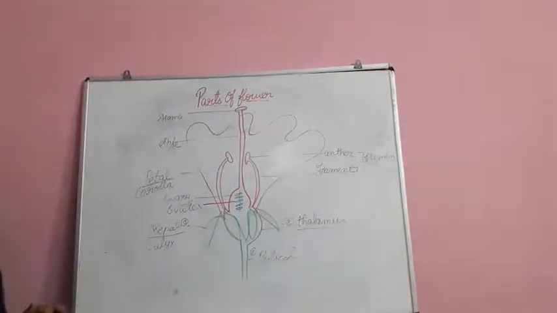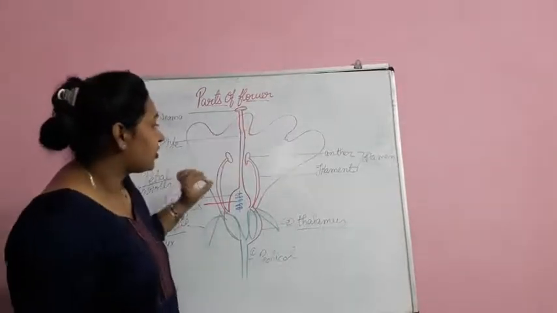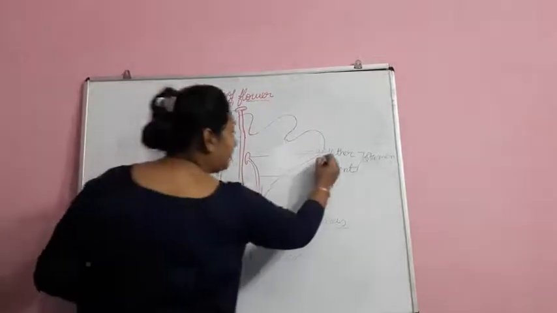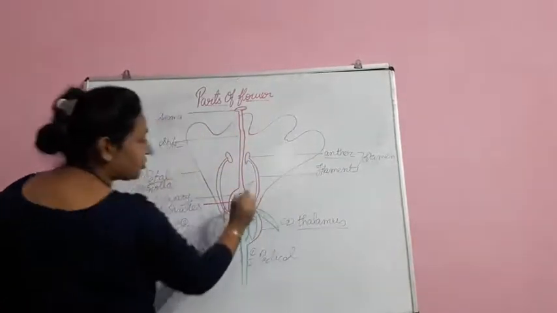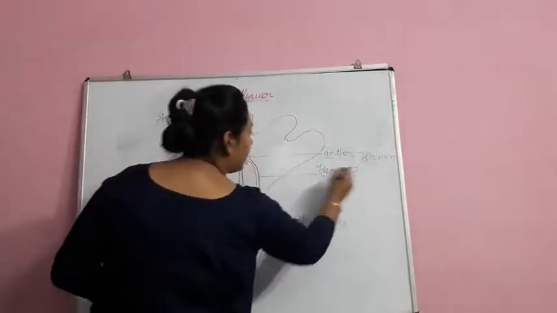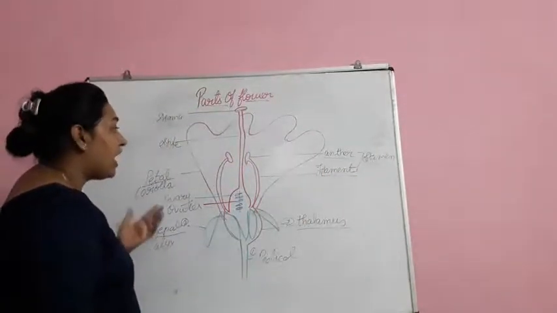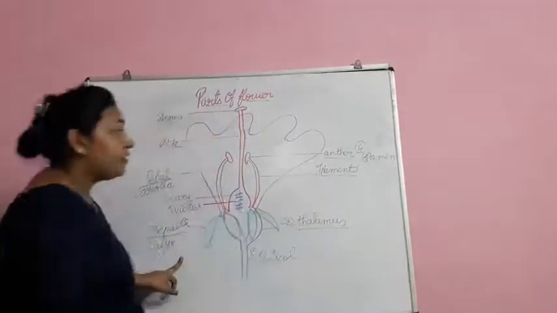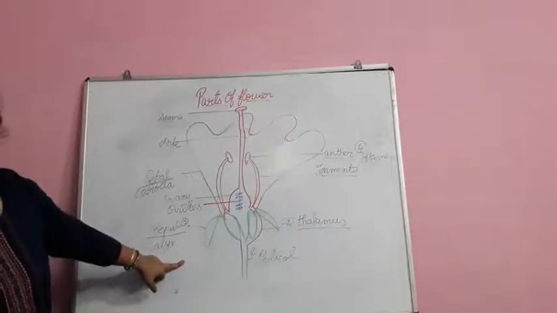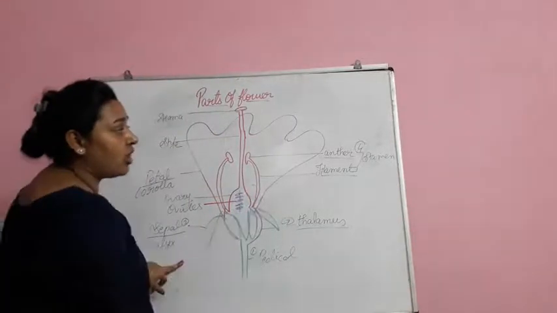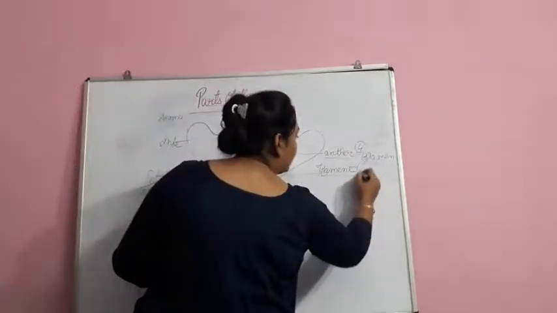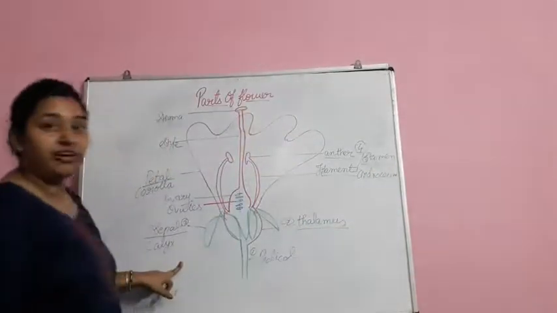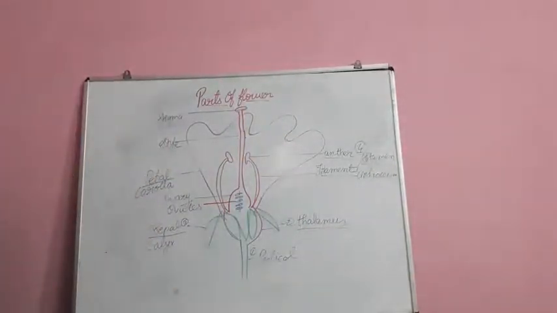Further, if you move ahead, you will see this kind of structure which is bilobed. This bilobed structure is actually the anther, and this long stalk which you can see is a filament, and this filament is holding the anther, and this is going to be the fourth part of the flower, which is called the male reproductive part in the flowers. You can also call it a stamen, and you can also call it an androecium. Fine, so that is the male reproductive part of the flower.